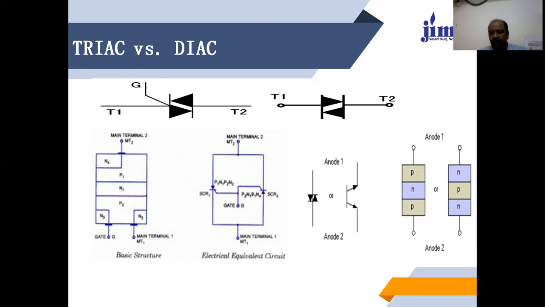There are two terminals and it will function in either the positive half or the negative half direction. So there is the basic structure of the triac, where we find P1 and N1, then P2 with N2, and P1 with N1 and N4. So there are four N regions, N1, N2, N3 and N4, with the other two terminals P1 and P2. So there is a PNP or NPN structure.